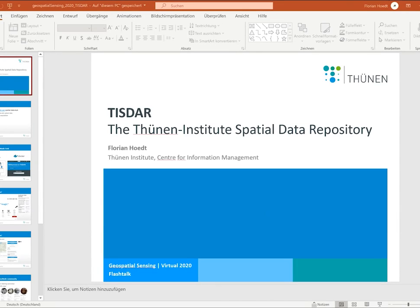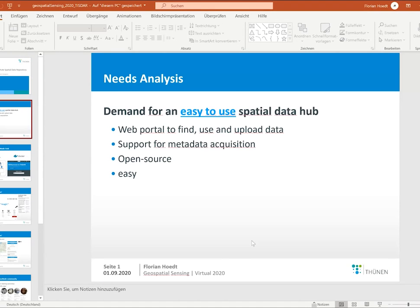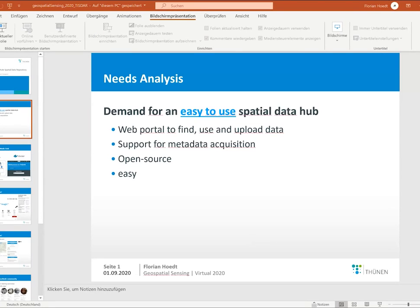And we discussed how we could manage geodata in a better way. So we made a needs analysis, and we discovered there's a huge demand for an easy-to-use spatial data hub implementation in our institution. As part of this, I looked around and tried to find a technical solution and found GeoNode, which